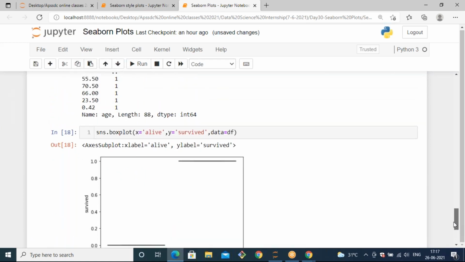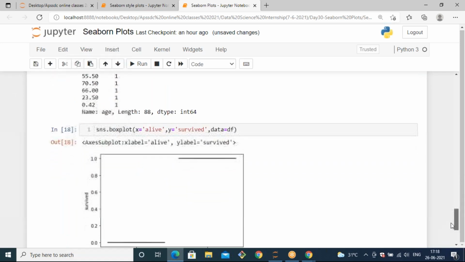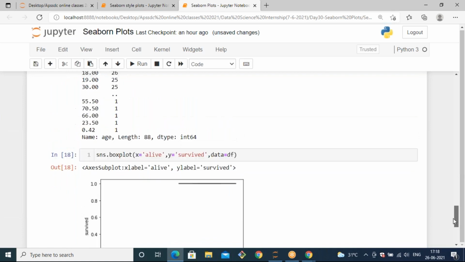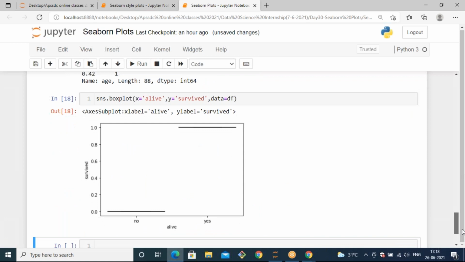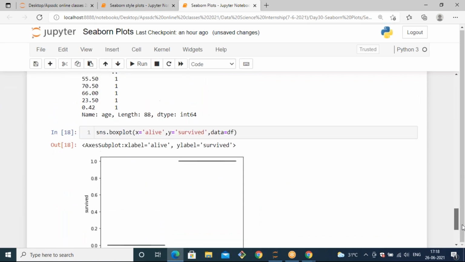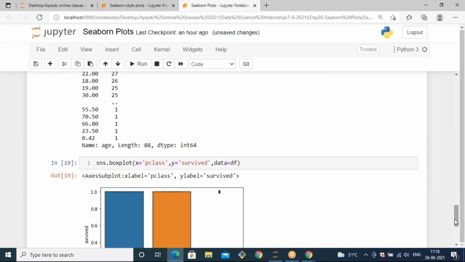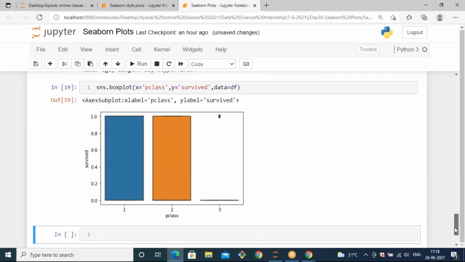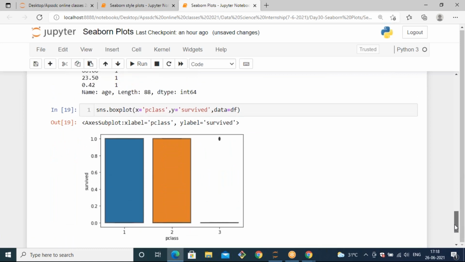In that case, we are not getting any kind of box plot. It will generate some kind of lines. So let's take pclass, with a capital P? Yeah, normal pclass. When you pass it like this, you can observe a box plot like this. And here it will not generate any kind of axes.